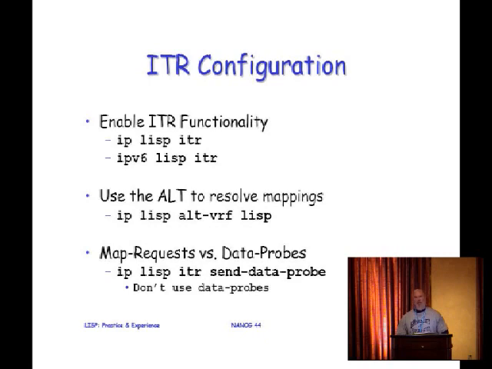Early in the process, and this had a lot to do with what went on in the RRG, there was a lot of talk about what do you do when a packet hits an ITR and there's no mapping? Do you drop the packet? Do you queue it? What do you do? And what we said was, okay, we don't know. So we'll allow you to piggyback the data on top of the map request, or underneath it actually, and send it over the control plane. And we were calling that data probe.